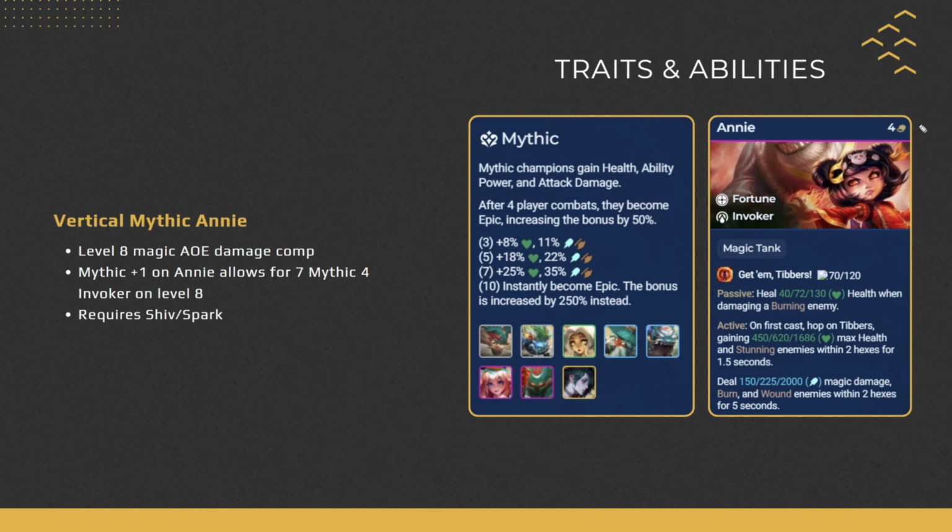Moving on, it's going to be more of a popular composition, but not seen too often. It's going to be Vertical Mythic, where we're having an emblem on Annie. This is a level 8 comp where we have a lot of magic damage, and we are doing AoE. So not too much single target damage from this composition, but we are hitting almost the entire board. The Mythic +1 on Annie allows for us to play 7 Mythic for Invoker on level 8, which is a